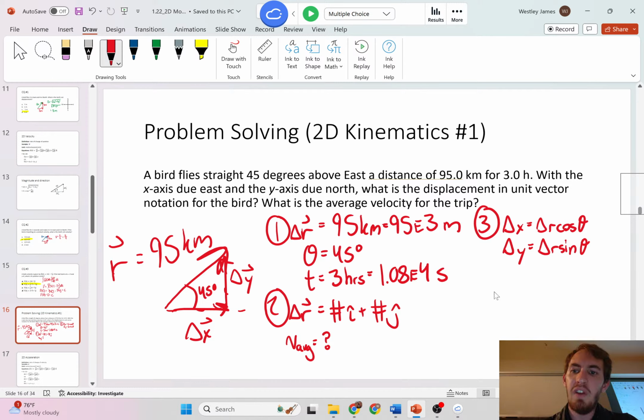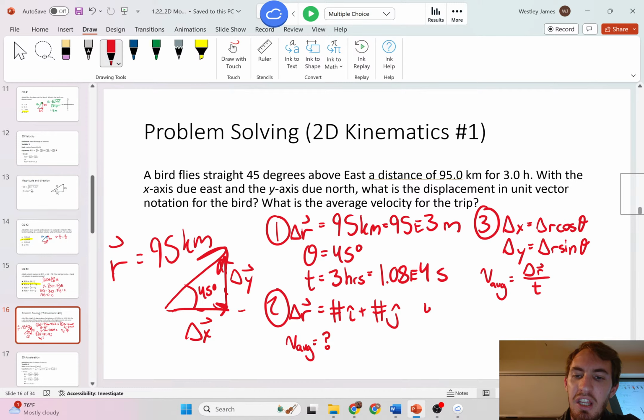And then at some point when we want to get average velocity, we have options. Average velocity is defined as a couple things. Honestly, in this case, we kind of just have one option. It's the change in r over t. This thing went straight that way, did not go to the right, and then go up. So because we know the distance it traveled, we didn't actually have to go backwards and do all that. That'll actually be fairly simple for us, but it's a good kinematics reminder. All right, so